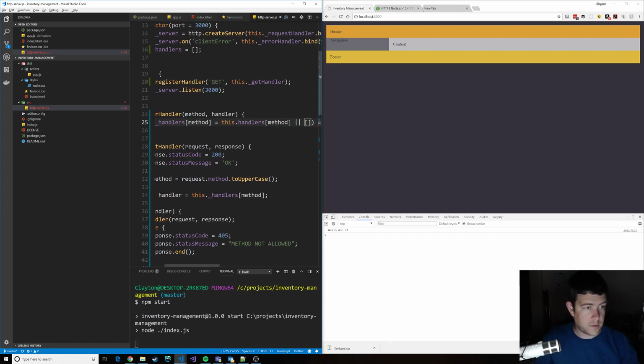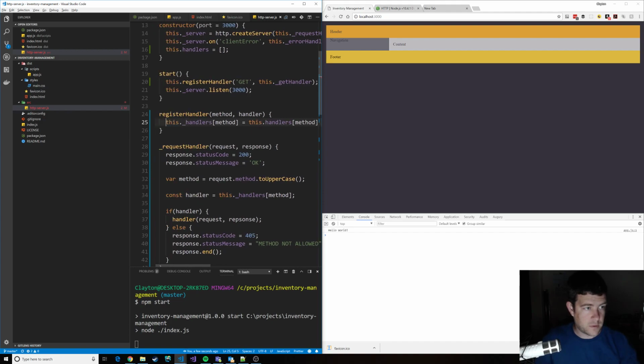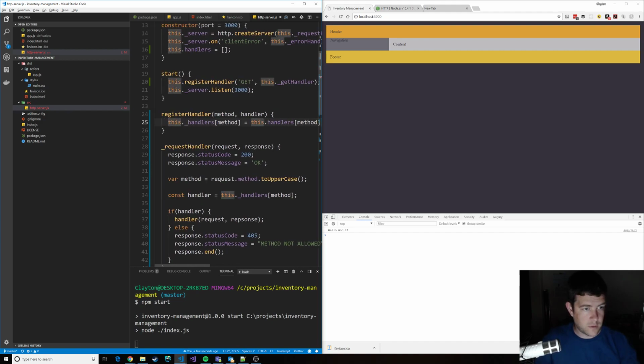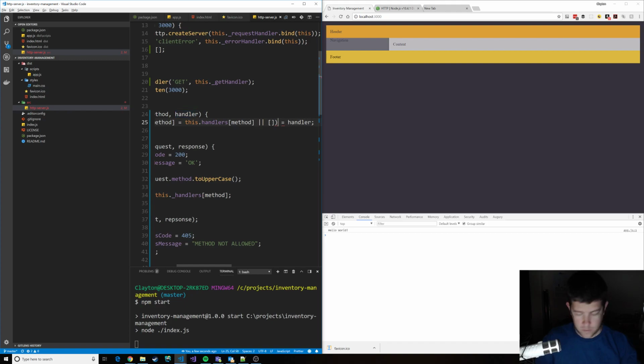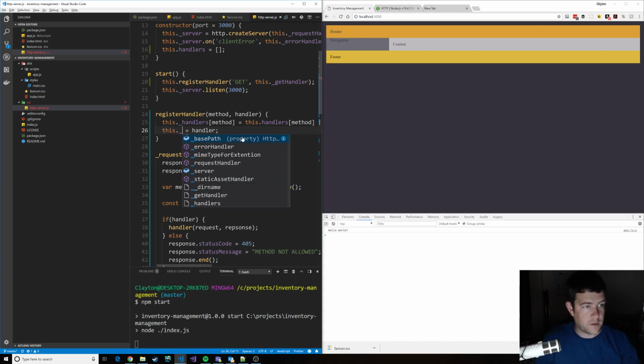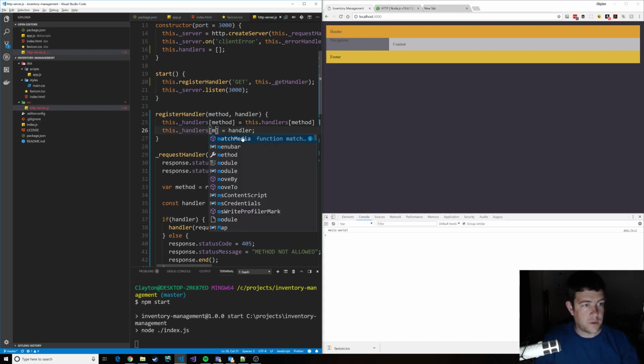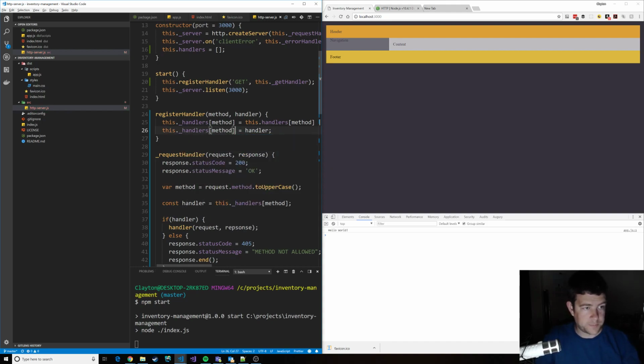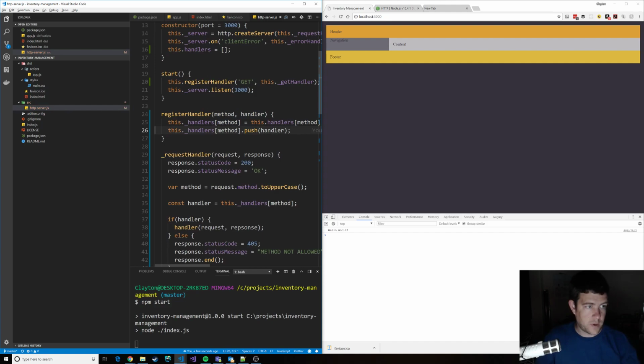All right. And then this dot handlers method dot push handler. All right, so this will be the start of the middleware, and then